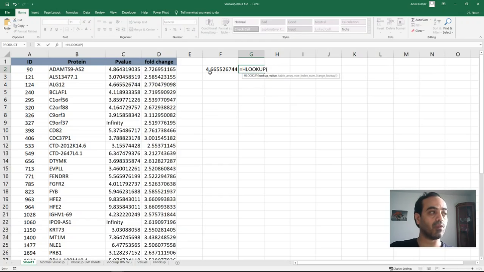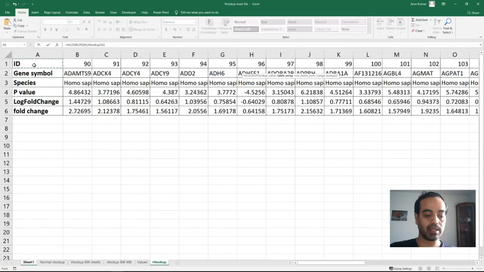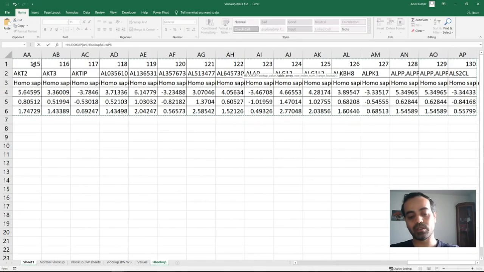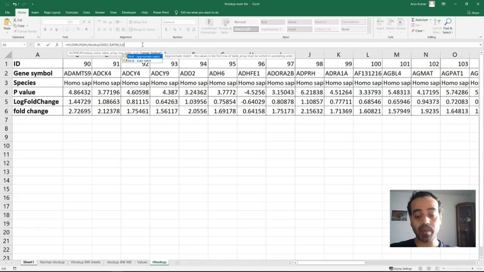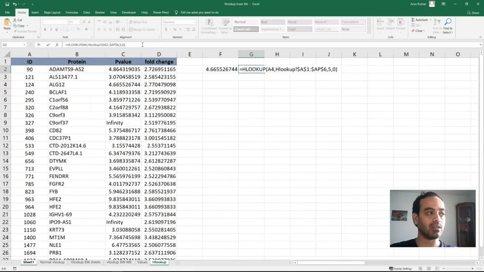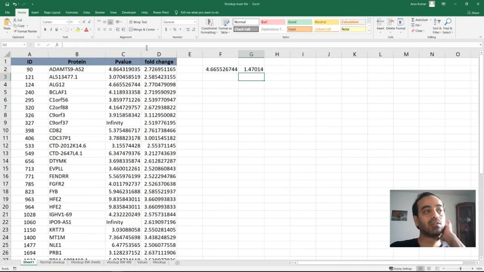And if we want the fold change for this value with HLOOKUP, again we put comma, go to the table array, select the table and fix it by F4, press comma, and what we need is fold change. Fold change here is column 5. So we have to give a number, the row number, because HLOOKUP is asking for a row index. Row index 5, comma, 0 for the exact match, we close the parenthesis and hit enter. As we hit enter, you can see it's bringing